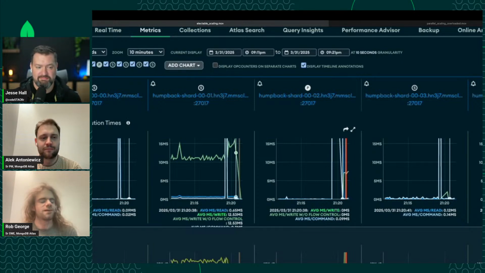So I think the main point of safety is that we operate on Atlas clusters in a very methodical manner, where even with the most aggressive scaling option for parallel scaling, we're still being very careful with the electable nodes of a cluster